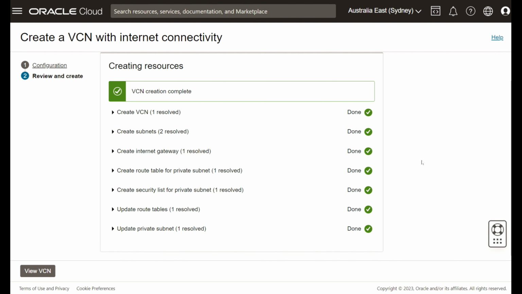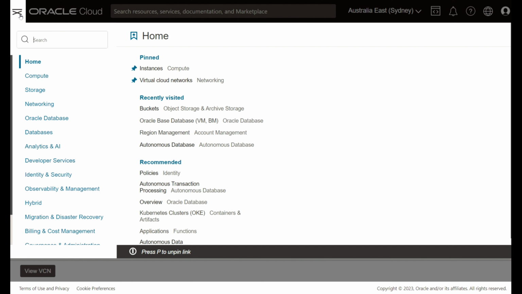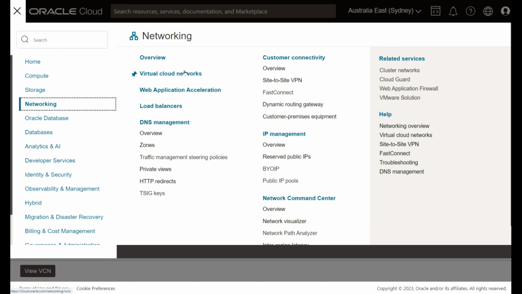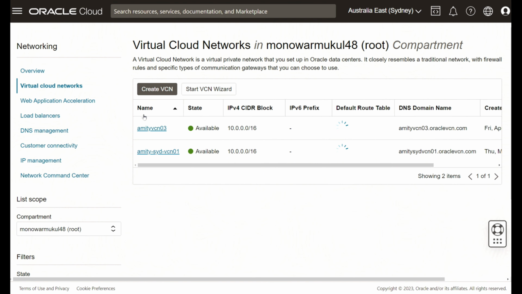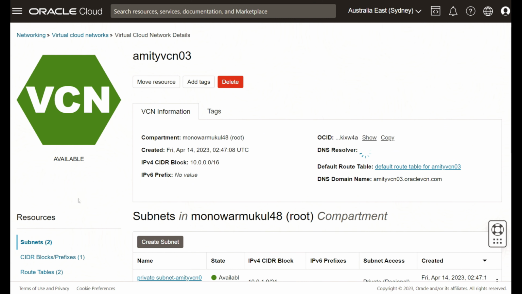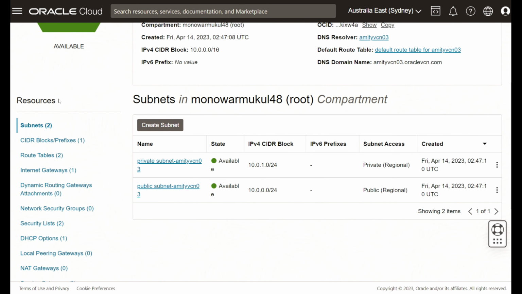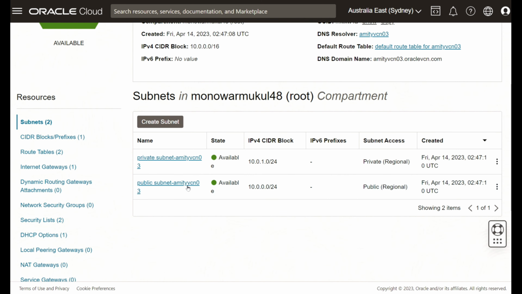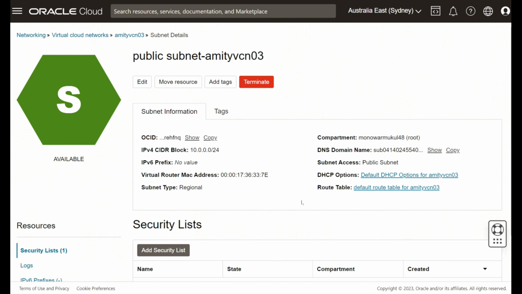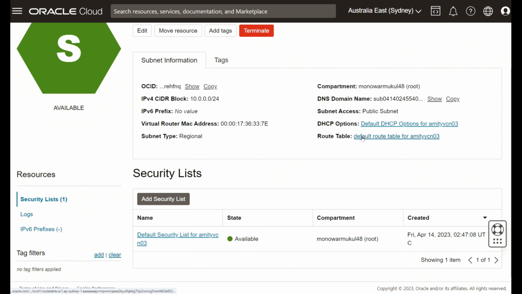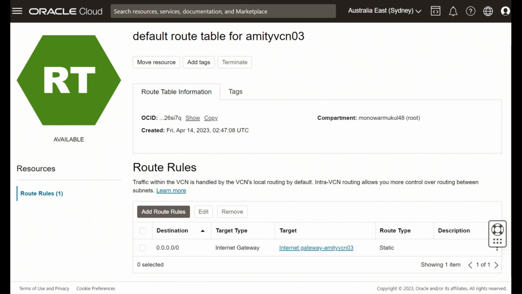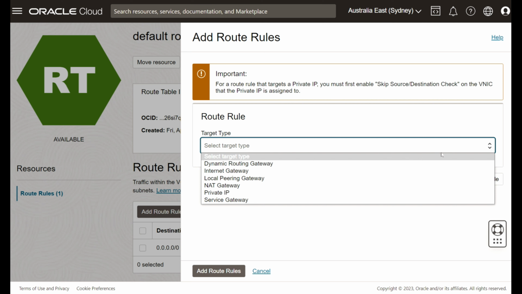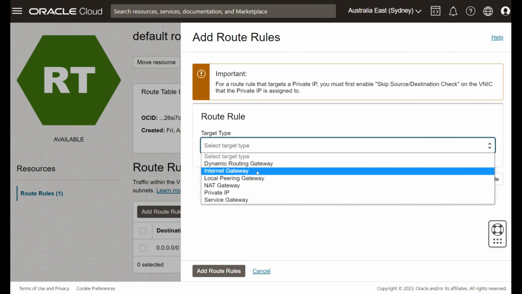So this is ready. Here you can see that your VCN is ready. If you go here, networking, VCN, underneath VCN, you can see the resources. Under the resources section, you can see the subnet. So you can get the details of the private subnet or public subnet. And if you go to subnet, you will see that it's already attached to a default route